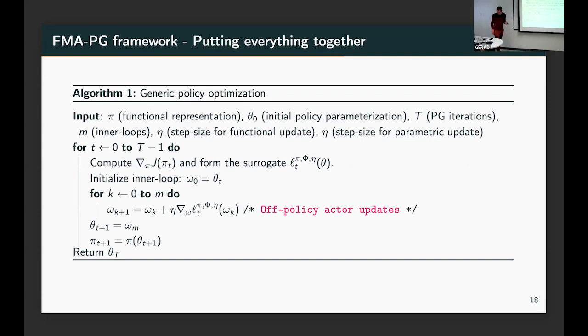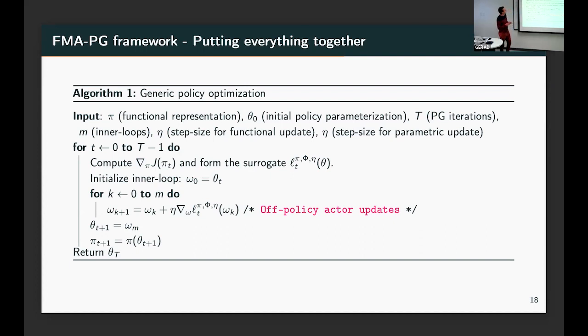Yeah, okay. So still, I want to explain to you the algorithm. So we have a functional representation of a policy. And here, okay, I'm going to say more, because so far I haven't said anything. I said this is a conditional distribution of actions given states. This is slightly more generic. And so what we're going to have is an inner loop, outer loop algorithm, as I described. So first, you compute the gradient, and for this, you need to interact with the environment. And that allows you to formulate the surrogate. And then, given that surrogate, you can do as many gradient steps as you want. And again, these do not require interacting with the environment anymore. And then once you're happy, you get your new policy, and then you start again.